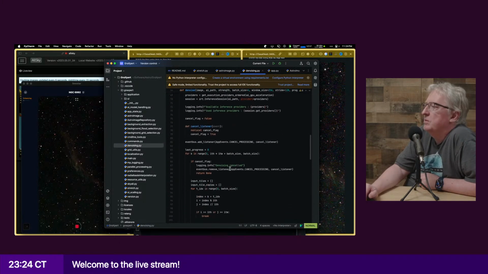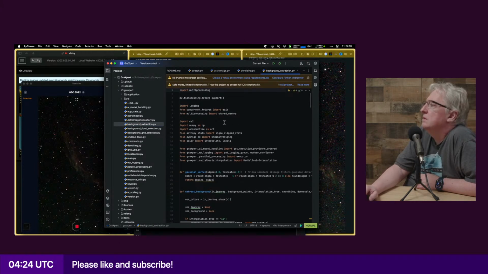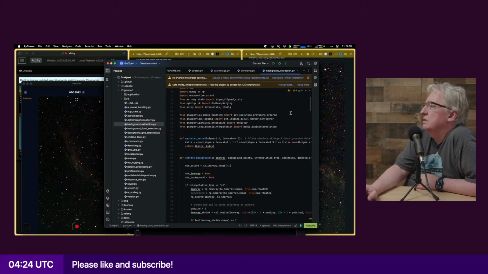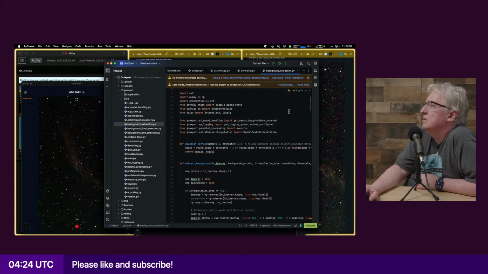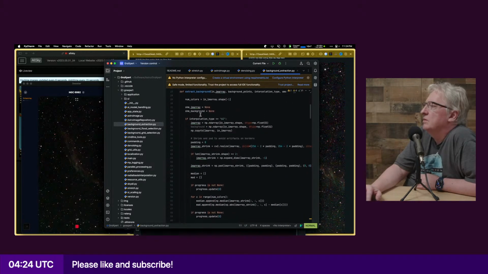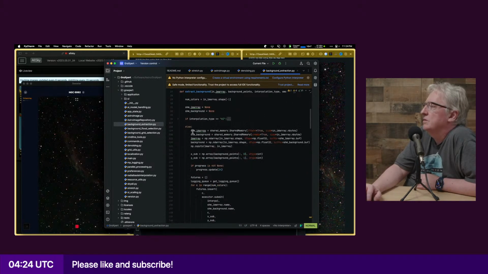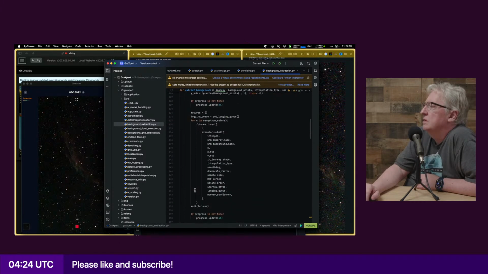I was hoping maybe they had a non-AI implementation that wasn't in the interface. Background extraction. Gaussian kernel. I'm just quickly looking at this. Oh, and so here it's got the interpolation type AI, but they have non-AI gradient removal.